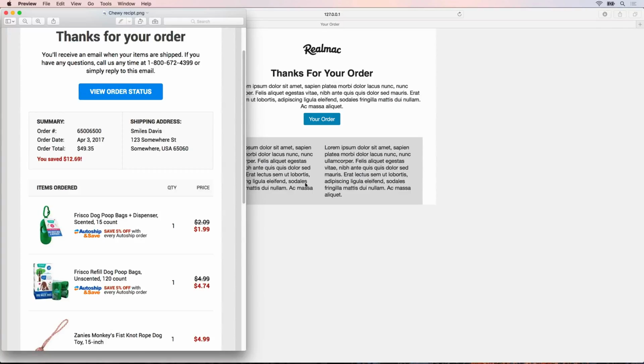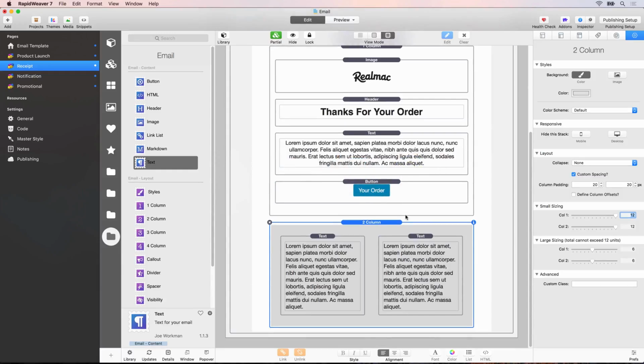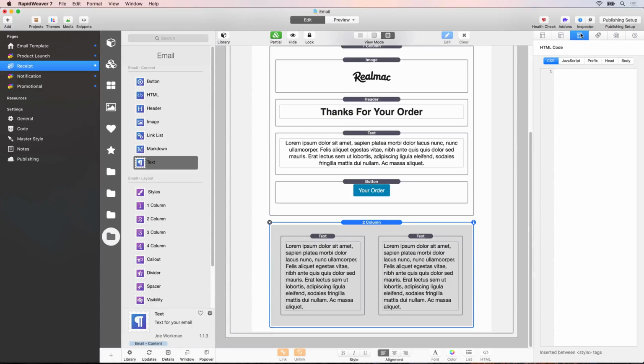What I do want to look at is how we could add a border like they have done here to this 2-column layout. Now this isn't actually a feature inside of the email stacks at the moment. There's nothing here that will allow us to apply a border to this box. So what we can do is add a custom class. So what I'm going to say is bordered for the class, and I'm going to add in the header tab here and then the CSS. I'm going to add that bordered class and set a border CSS property. So we'll say bordered,